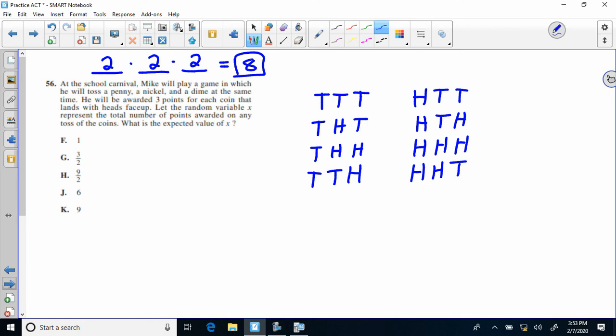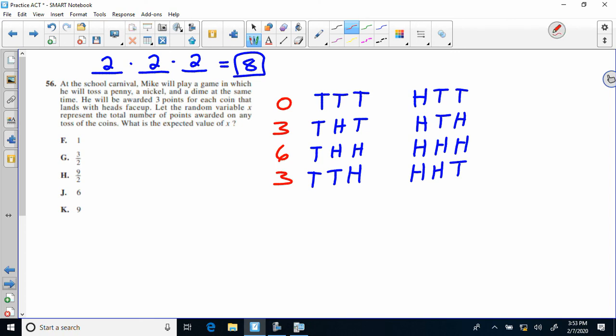So then it says you'll be awarded 3 points for each coin that lands with heads face up. So on our first one, we had 3 tails, so we get 0 points. We only get 3 points per head. Our second one, we have a head, so we get 3 points. Our next one, we have 2 heads, so 3 points each. You get 6 points on that one. Our next one down, you get 3 points